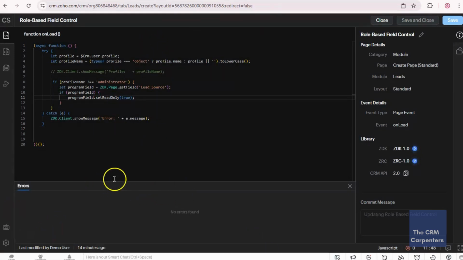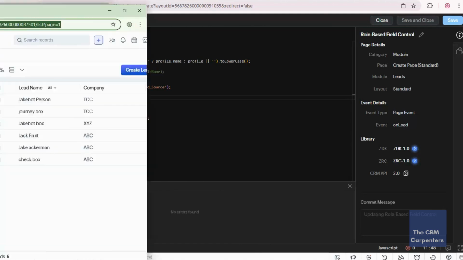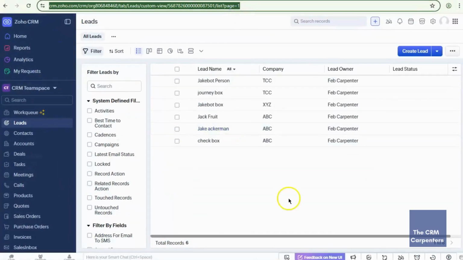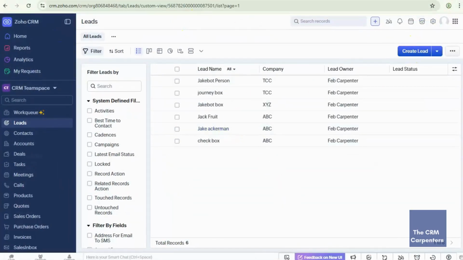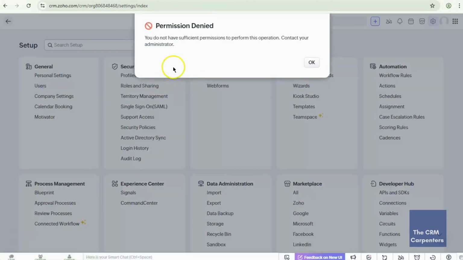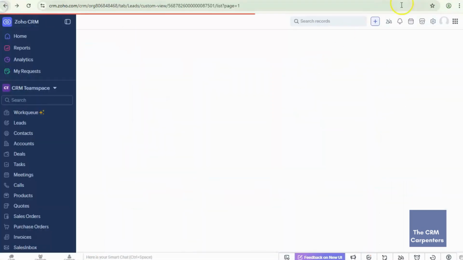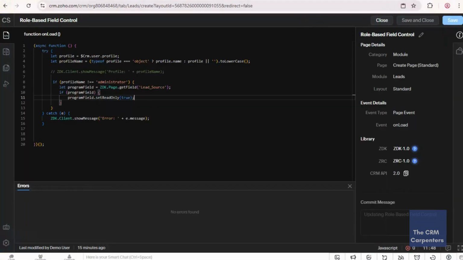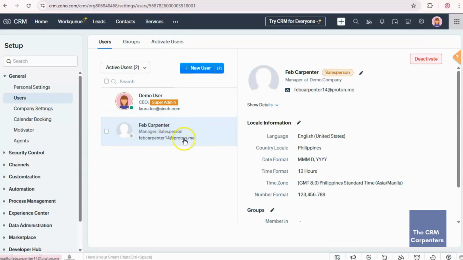And now we will test it out using a non-administrator profile. In here, this profile is a salesperson profile. Let's check it out here. This one, it's a salesperson.